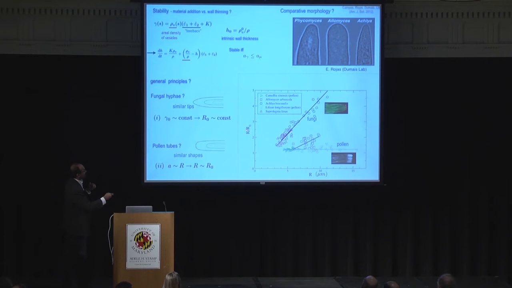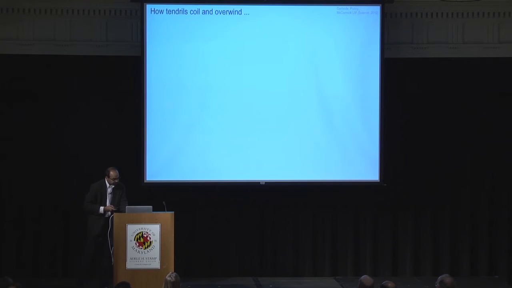If the size of the tube compared to the tip size is the same, that means the shape is invariant. And so pollen tubes lie along this, while fungi lie along that. So this is the beginnings of using very simple physical principles, in particular the balance between growth and mechanics, to understand how geometry arises. That's my first problem. My second problem is to think about how, and tell you about how, tendrils coil and